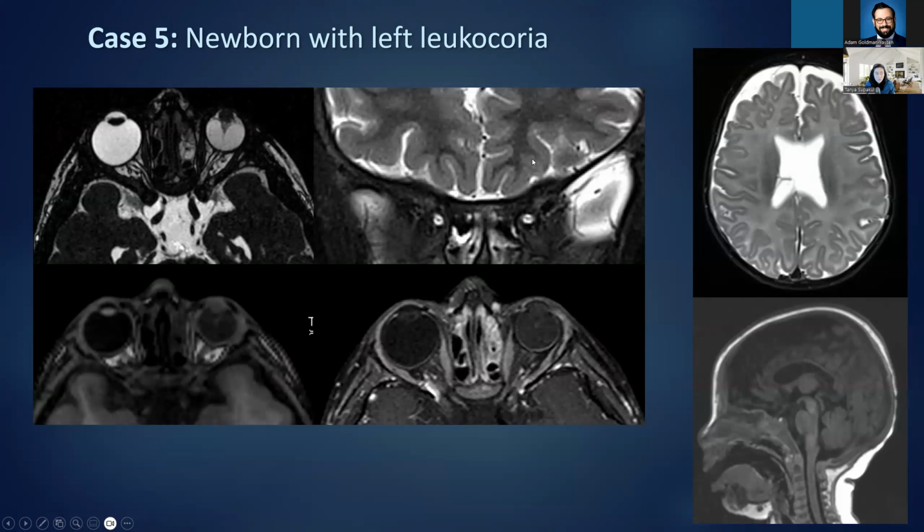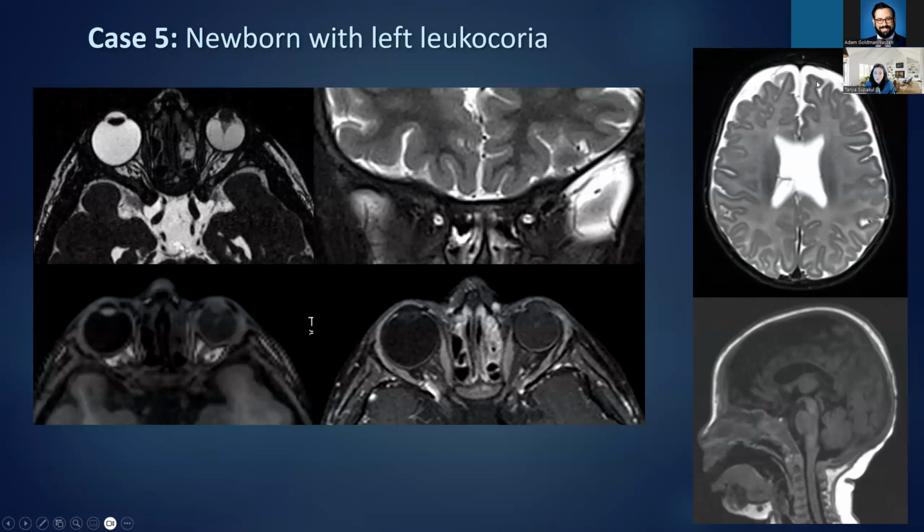But one thing that I want to draw to your attention is the optic nerve. It makes sense for the left optic nerve to be small because there is some deformity of the left globe. But why is the right optic nerve also small? It doesn't make any sense for a normal globe on the right to have a small optic nerve. And then, since we have the images of the brain that we normally scan in a patient with leukocoria,